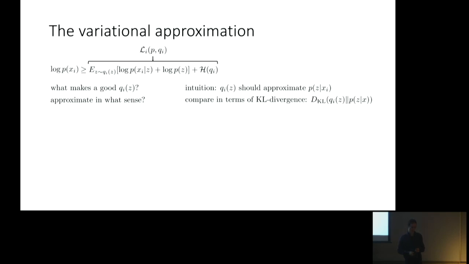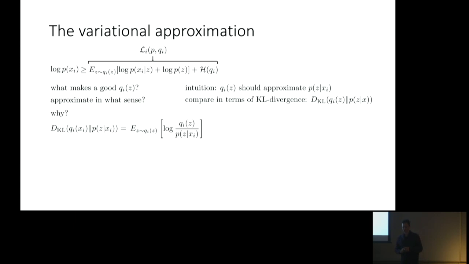The KL divergence between q_i of z and p of z given x_i. Why? Well, let's write out the KL divergence and see what it actually comes out to equal. The definition of KL divergence is just the expectation under the first distribution of the log of the ratio